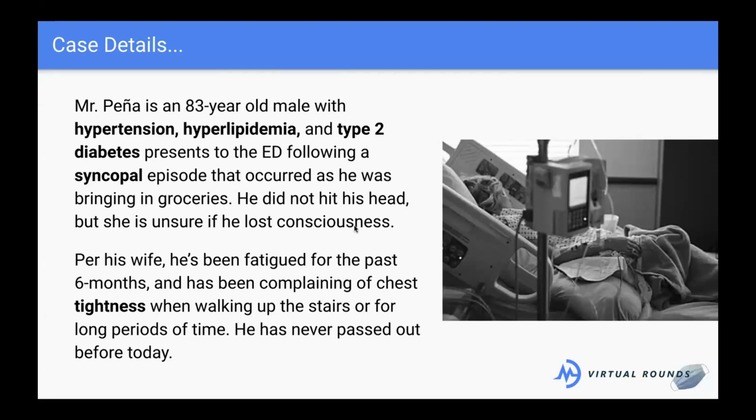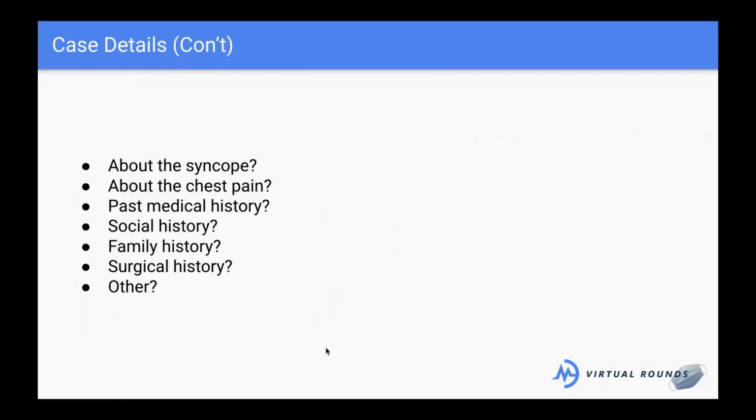For instance, if this was a seizure, then he would have been out of it for a couple of minutes. Or if he passed out for 10 minutes, that's way different than if he briefly fell, but didn't even lose consciousness and was like, whoa, did I just fall? That would be different too. So we're keeping all of those things in mind. And then this is really important. He wasn't perfectly healthy and then passed out. He's been feeling really fatigued and he's had some chest tightness. So we want to keep that in mind too, to think, are these things related or did he just trip and fall? So those are the things that we're paying attention to here.